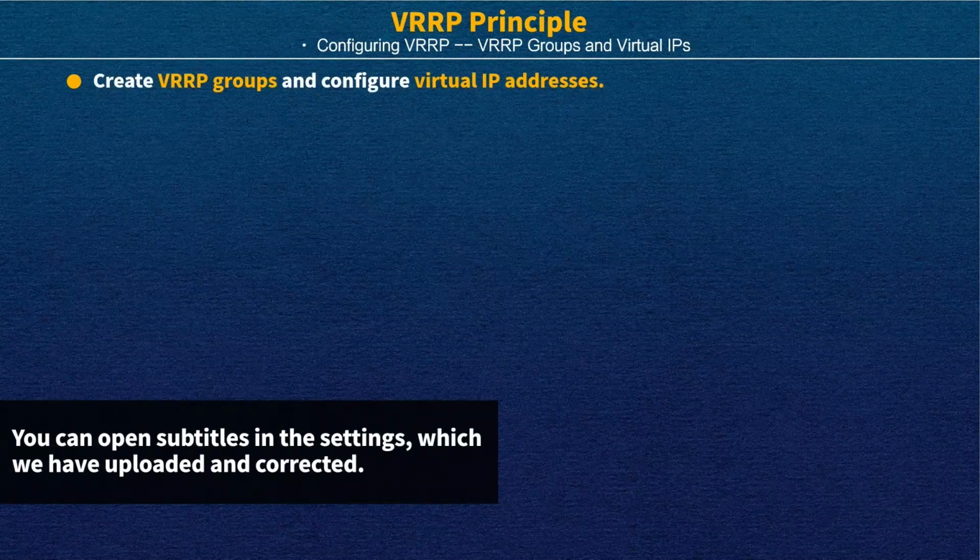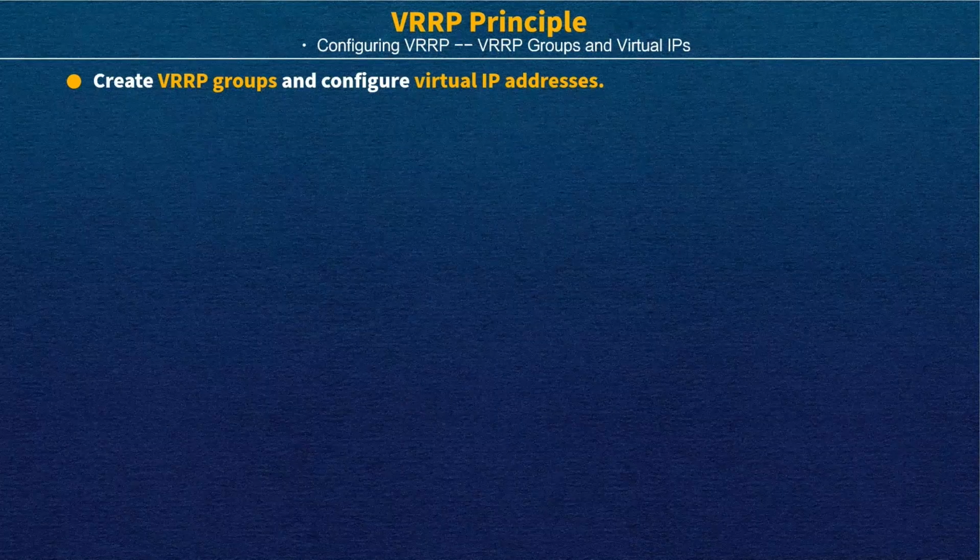In this video we will talk about the basic configuration: how to create a VRRP group and give it a virtual IP address. So the first step is to create the VRRP group and give a virtual IP address. Of course, before you configure VRRP, you have to add the basic configuration of your whole network, for example the network devices' IP addresses and some routing information, like static or maybe dynamic routing.